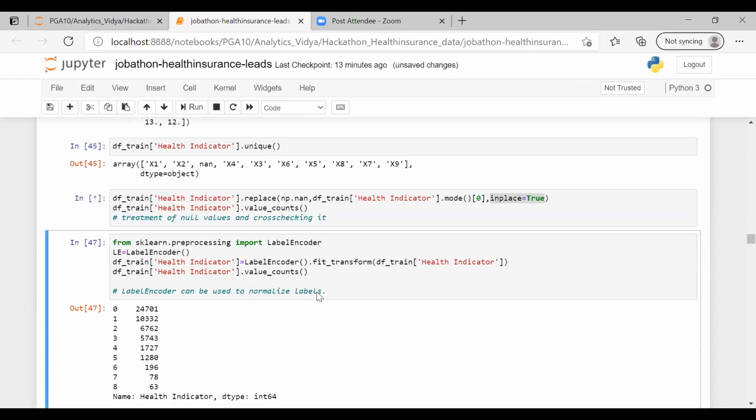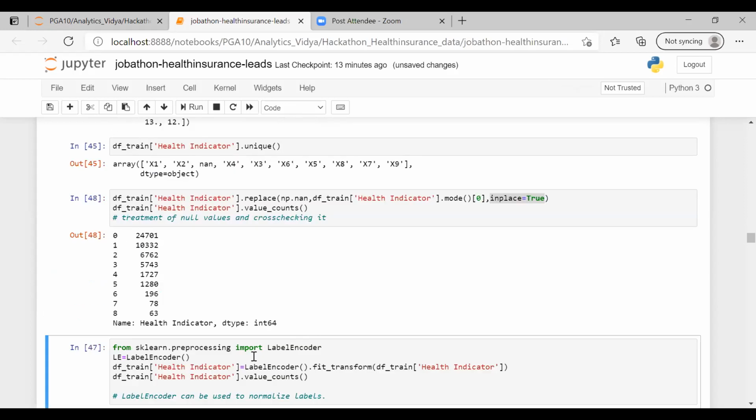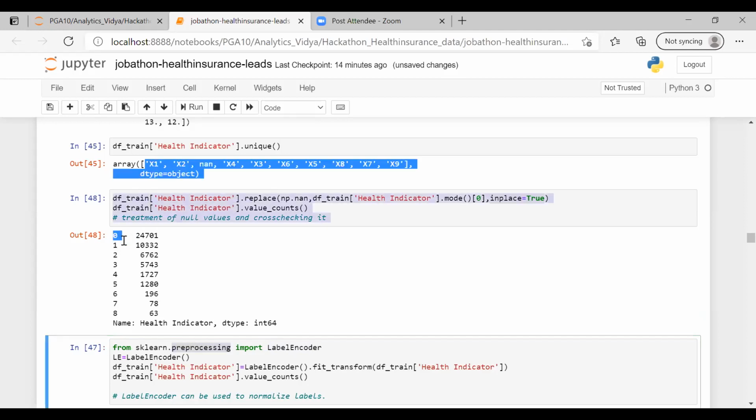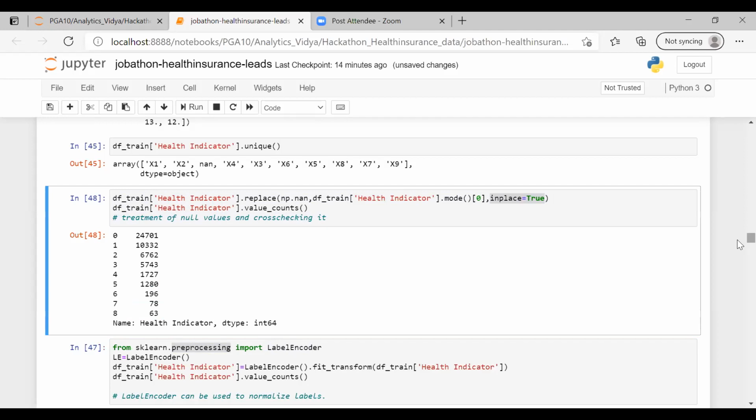Then again, if I go to check for the value counts, what I can see, okay, I have run this cell. That's why it's coming like this. Because of this label encoding, guys, this has been done, because after 45, I have run this cell and then 47 and then 40. So the values would be like x1, x2, x3. And again, to treat that, I'm going to use LabelEncoder from sklearn.preprocessing. If I do that, I have the values now. I don't have x1, x2 anymore. These 1, 0, 1, 2, these are the values now. Okay.